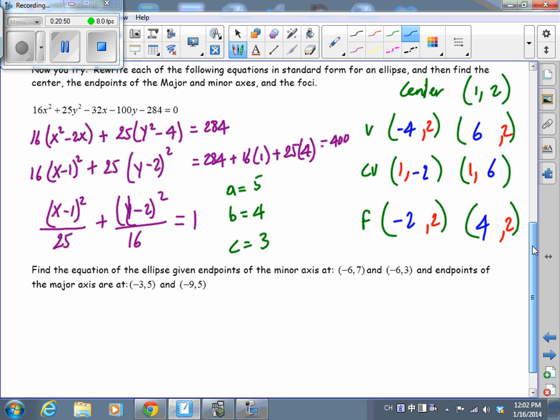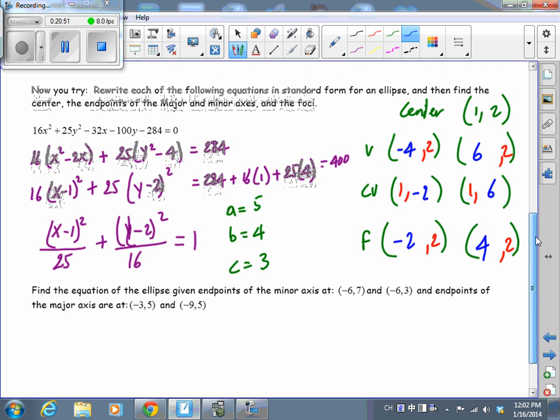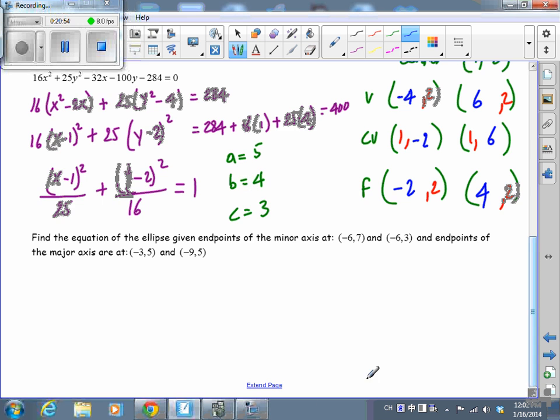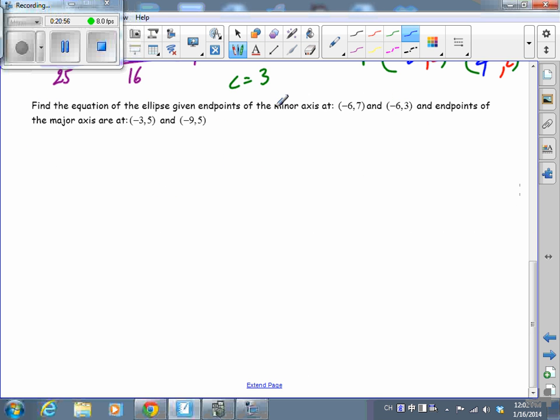Let's go ahead and work on that last problem. Any question on this? All right, last problem. It says the minor axis is this and the endpoint of the major is this. So let's go ahead and find the center. Who can give me the coordinates of the center? I know that the center will have, if I find the midpoint of these two, -6 will remain -6. 7 plus 3 is 10. Divide by 2, 5. So my equation is (x plus 6)